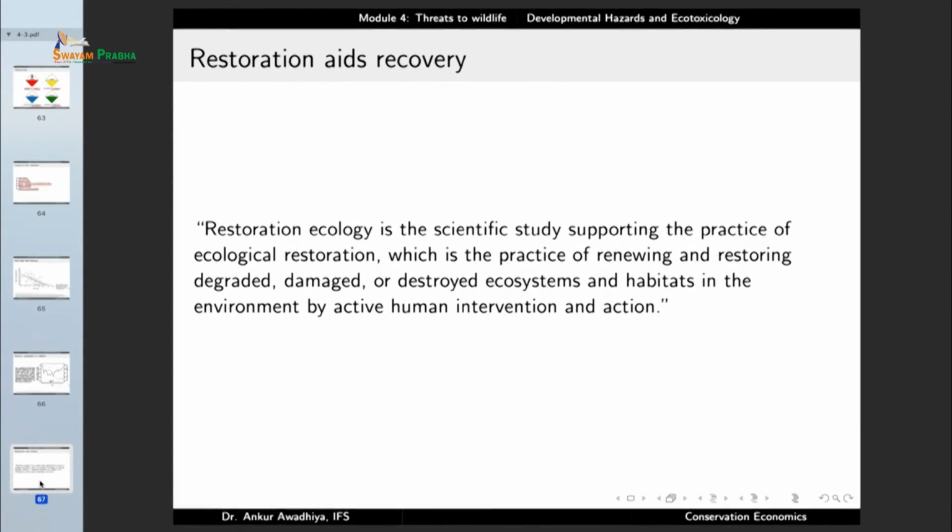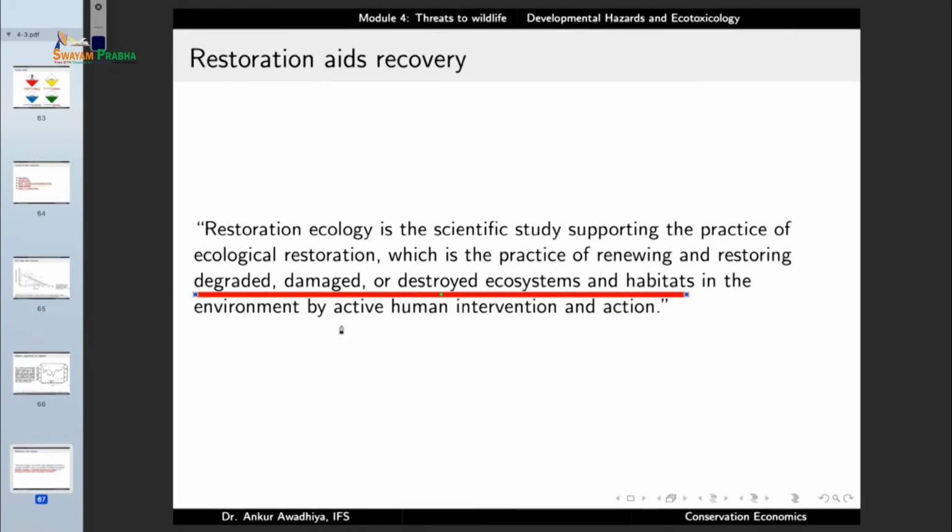Now, such a recovery can also be aided through certain activities that are known as restoration. And this comes under the domain of restoration ecology. So, restoration ecology is the scientific study supporting the practice of ecological restoration, which is the practice of renewing and restoring degraded, damaged, or destroyed ecosystems and habitats in the environment by active human intervention and action. So it is telling us that even when we have damaged the ecosystems and habitats so that they are now degraded, damaged, or destroyed,